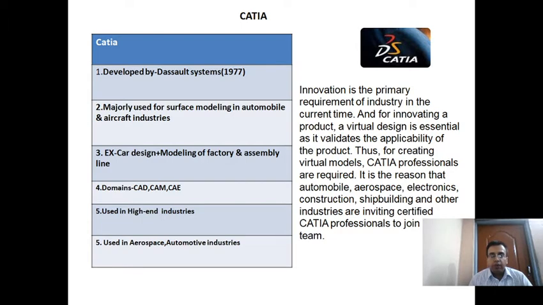You can design a product, you can have the manufacturing process layout of that product, and you can also perform FEM analysis of the product. For example, if I design a car, I can also model the factory and assembly layout of the car in the CATIA. Also, I can go for the FEM analysis of various parts of my car. So all things under one roof.